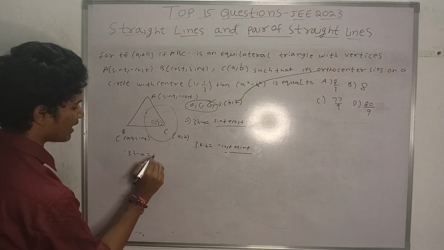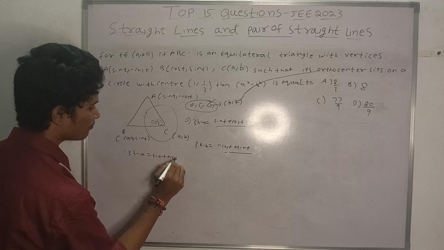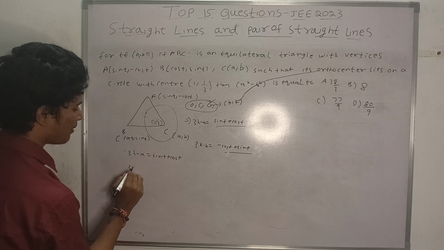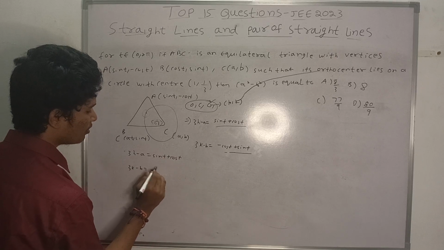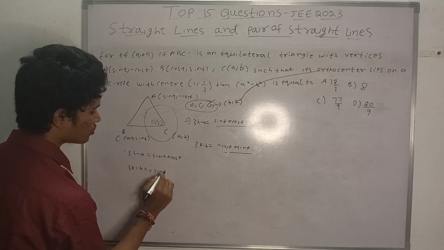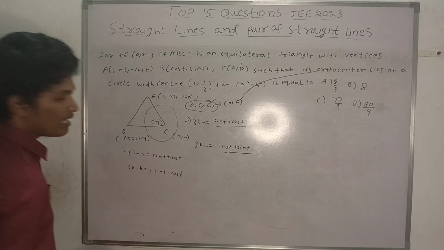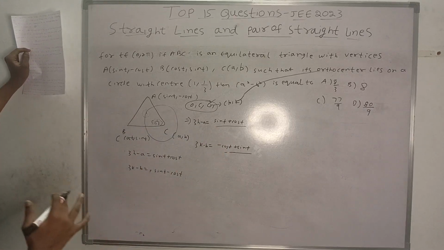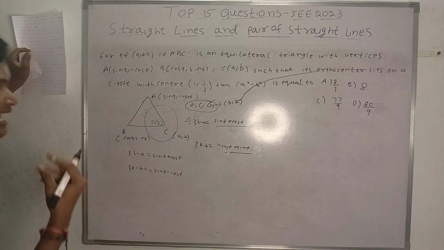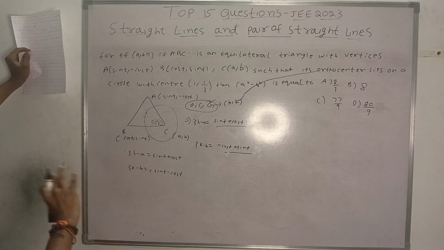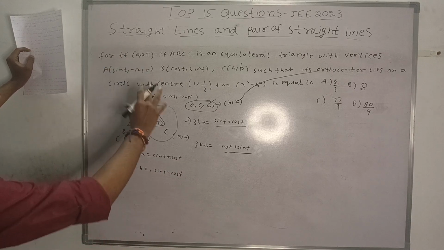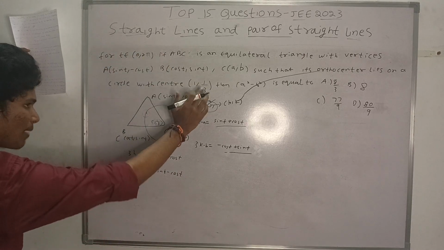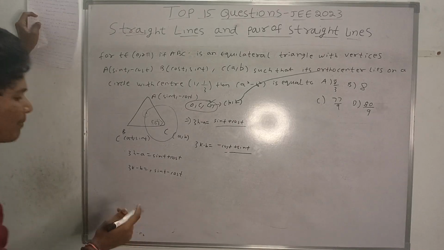finally the equations are 3h minus A equal to sin t plus cos t, and 3k minus B equal to sin t minus cos t. Now why am I shifting everything to the left side? The reason is I have to eliminate t to find the locus of the center, that is, the locus of the circle which has 1, 1 by 3 as its center.